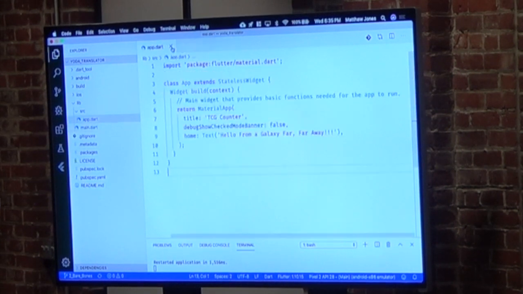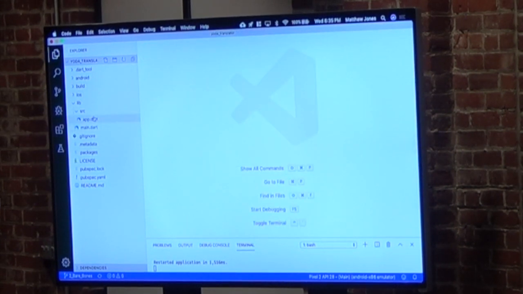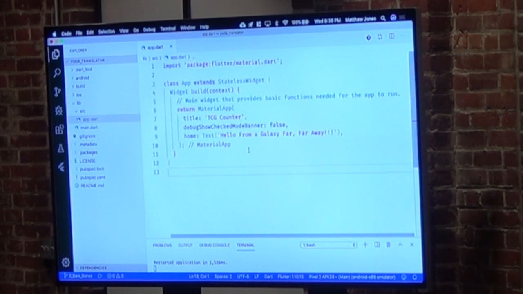It becomes super boring. Inside of app.dart, we have our bare bones. So we've got our app widget. So the app itself is a widget. Remember I said everything's a widget? And it's going to extend stateless widget. So we're going to manage state, not here. And then every stateless widget, and actually every widget in Flutter, has a build method. And that build method takes a context, and we'll talk about what that context is in a little bit.